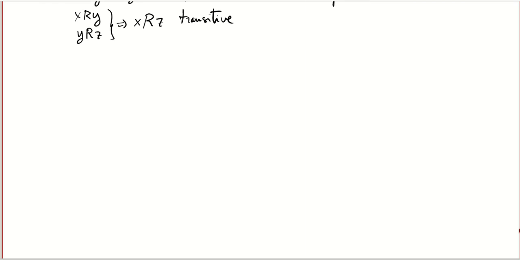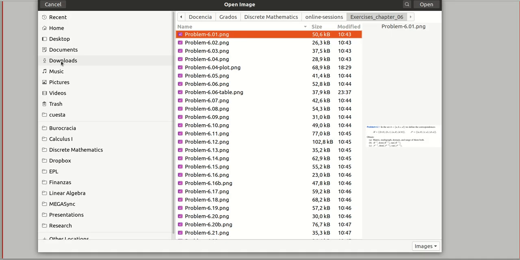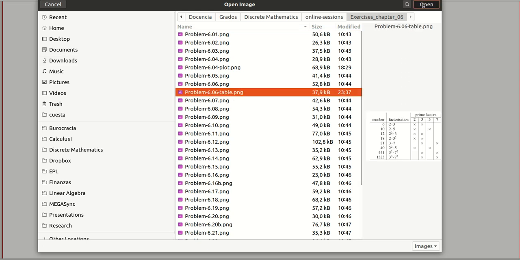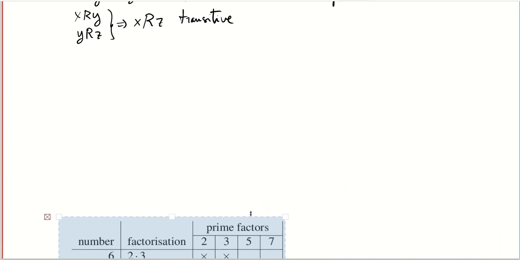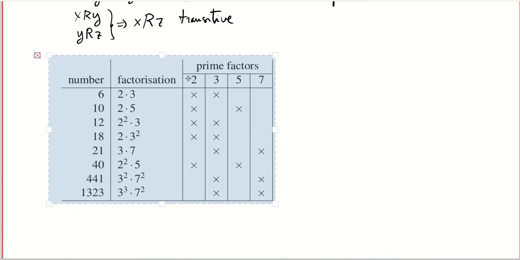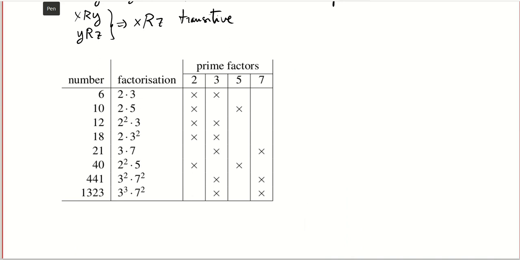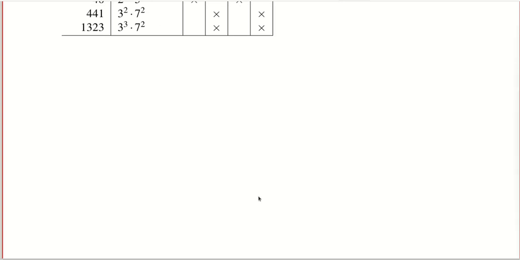And here's a small table which shows you those prime factors. Right, these are all the numbers in the set. This is the corresponding factorization, and you can see that the only factors that appear are 2, 3, 5, and 7. And here with crosses are marked those factors that appear there, right? So according to that,